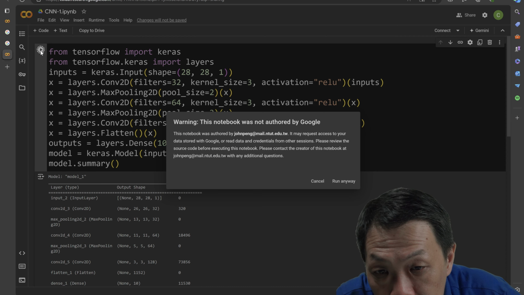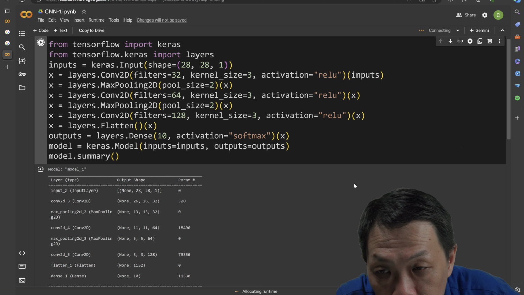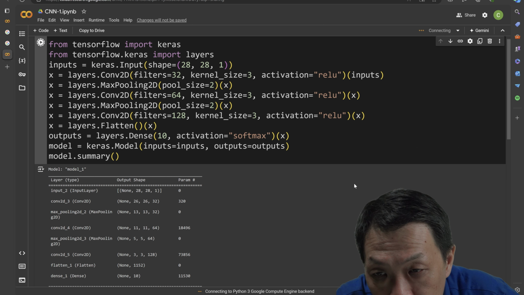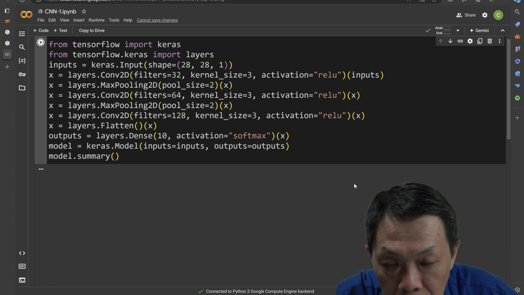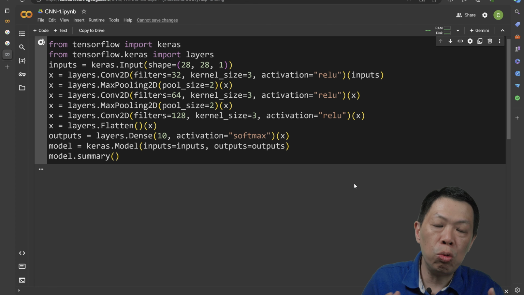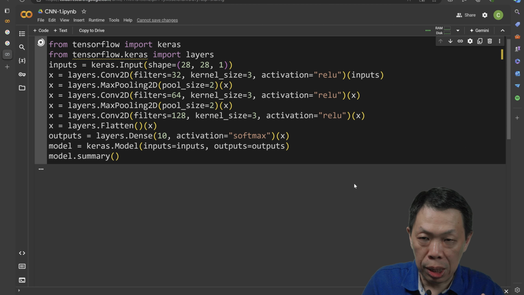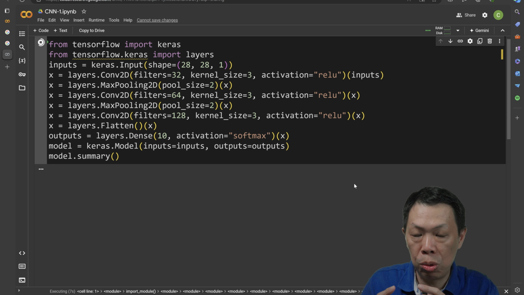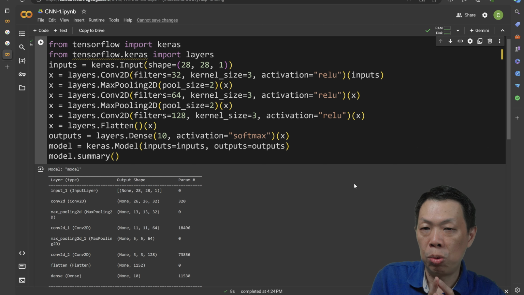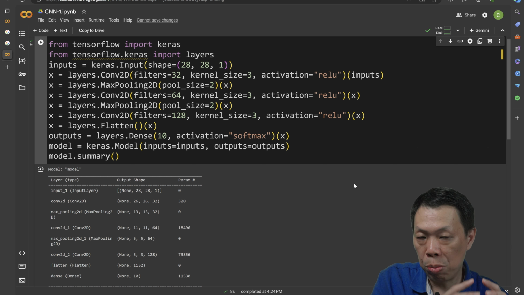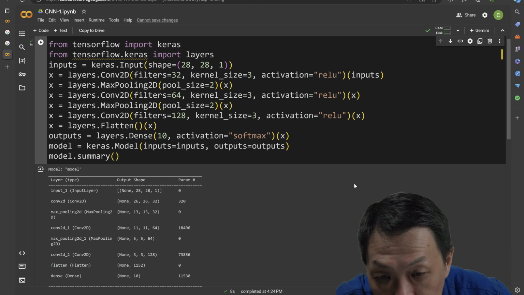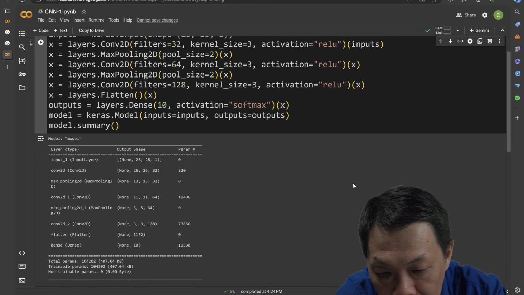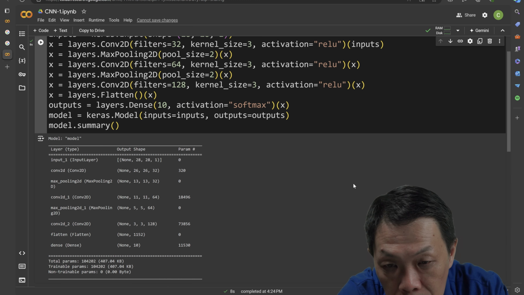So here we first build the model, and we show some summary of the model, because we want to discuss how we use the convolution and max pooling to downsize, or to try to make the neural network become smaller, the parameters become fewer. So this is the model output. Let's go back to the slide. We have a more clear image.